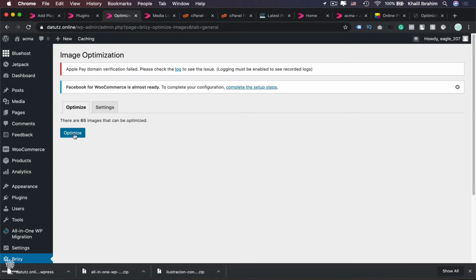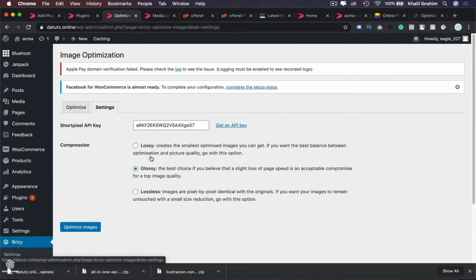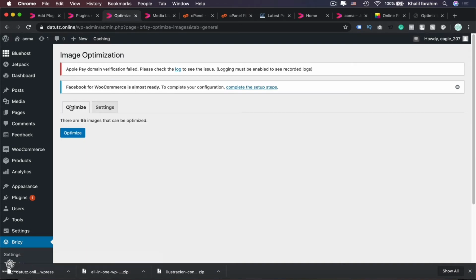Then click optimize. And if you're looking for fastest performance, you can go to settings. Then select glossy if you're looking for fastest performance ever. However, I'm gonna leave it as this for now, going back to optimize. Then clicking in here. Also, while uploading your images to your website, make sure you resize them a bit, and you can use that website in here,